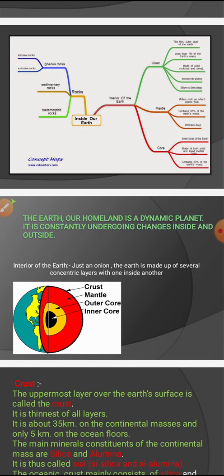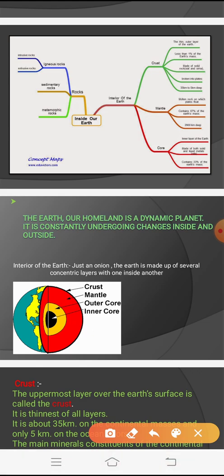Now we are going to see the diagram of the interior of the earth, where in the concept map I explained core, mantle and crust. We will see it here in this diagram. It is just like an onion. You all know that an onion has many different concentric layers inside. Like that, the same earth's interior we can see. One cut is given in this diagram that you can notice.